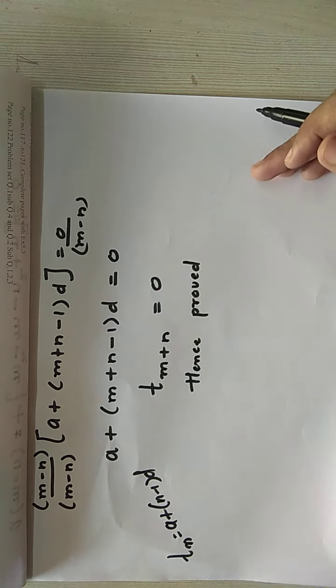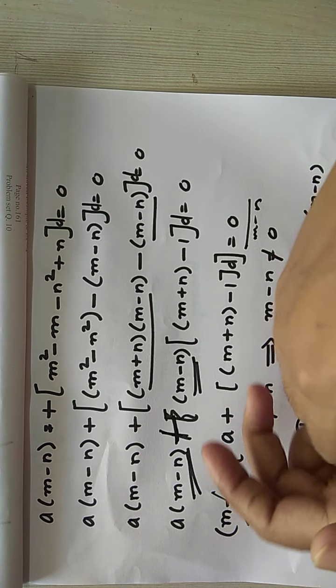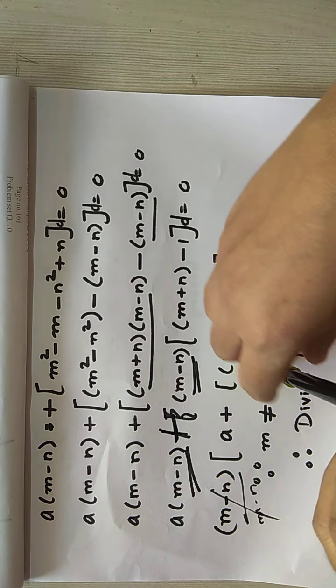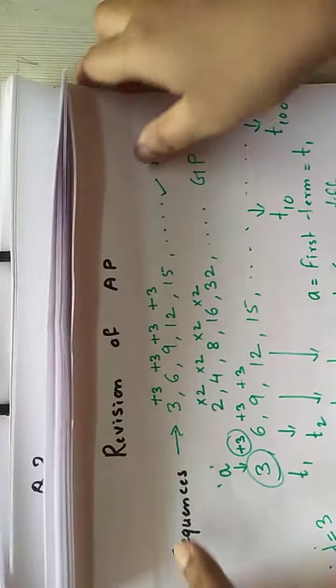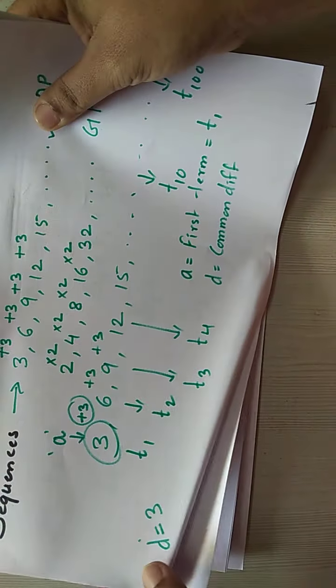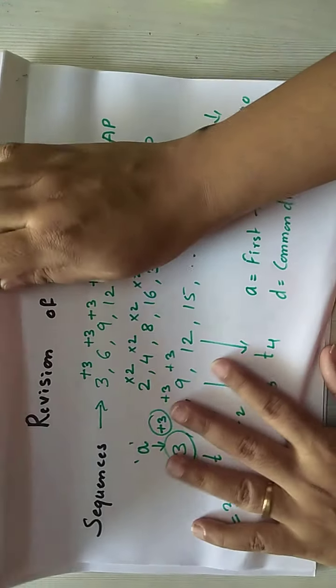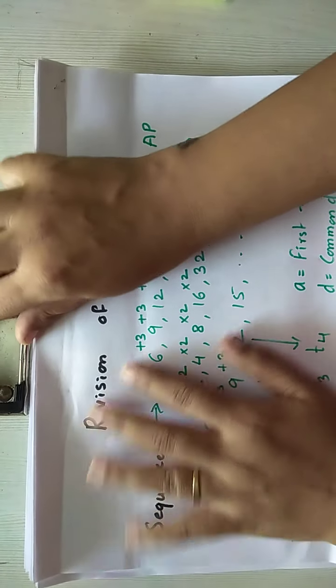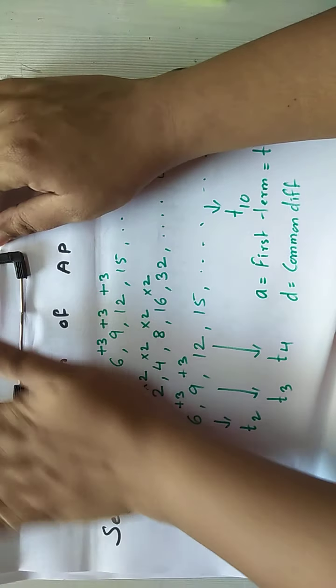Hence proved. So this is how we will be solving question numbers 11, 12 and 13. Again I am saying, children, question numbers 11, 12 and 13 come in higher order thinking sums. If you are not able to understand these sums, kindly skip them and do the regular exercise sums. The regular exercise sums are very easy and they are only about the Tn and Sn formulas which we have learned. So try solving all the sums for revision as problem set sums.